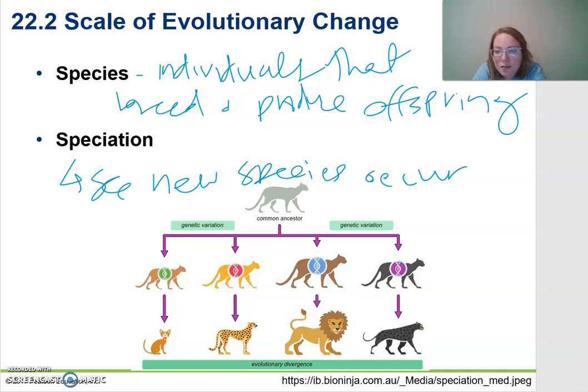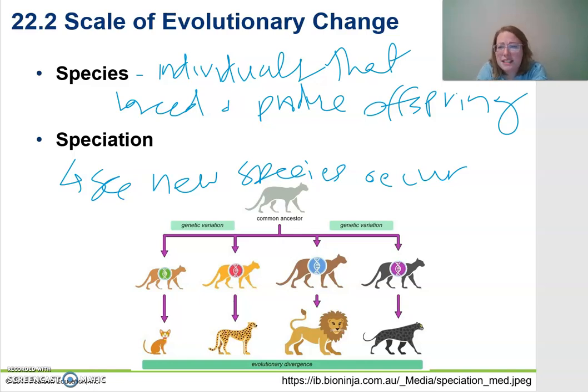So basically over time, if you have groups breeding by themselves long enough, they won't be able to breed together anymore. They'll be different species, right? Can a tiger and a lion breed together and form a liger? Right, yes, but they don't do that in nature. They don't occur at the same spots. They wouldn't use the same behaviors.